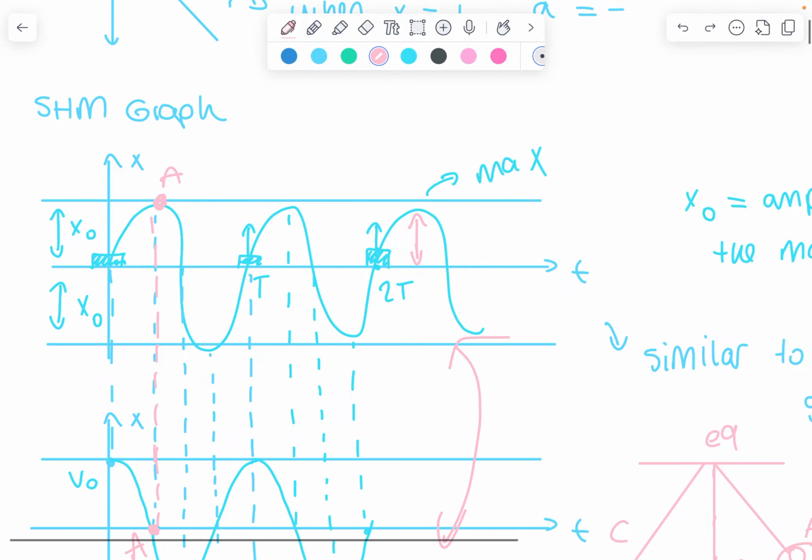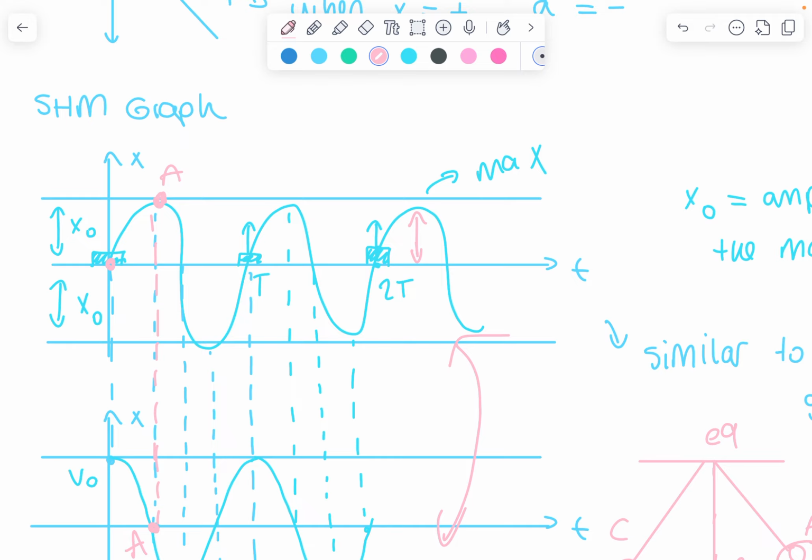No, here it starts from the equilibrium, and moves toward the side and then moves back to the equilibrium and then goes to the other side and then it completes one period. So a period is basically the duration of a cycle, as you can see here, and this is the amplitude as I draw here. This is the amplitude, and this shows the maximum